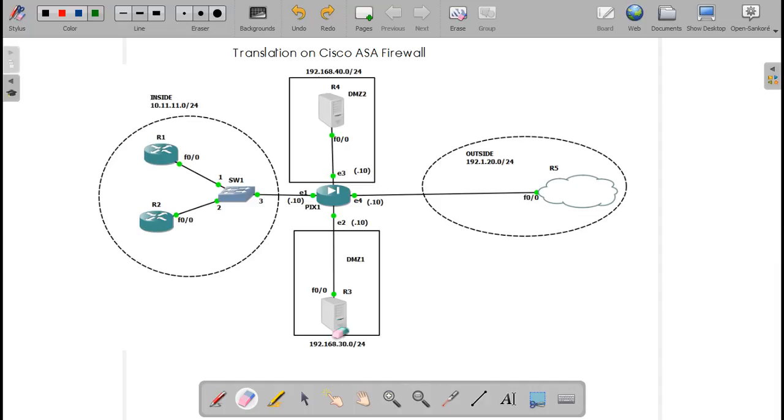Now, suppose this is the normal situation you are aware of, and in this situation R1, which is 10.11.11.1, is trying to go to the internet, which is 192.1.20.5. In this case, what will your packet be?